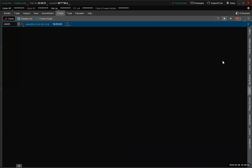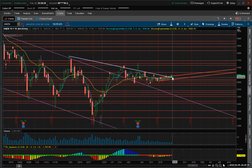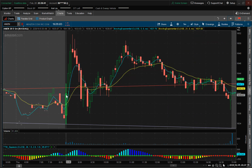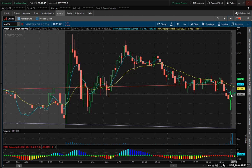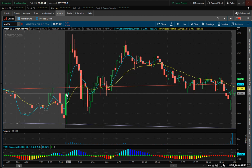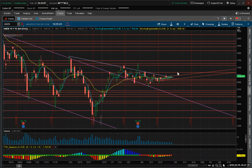So on the daily, I forgot to switch over this one. I send the chart. On the daily, you have it, it doesn't show up. All right, the close is 1639.79. So 10 cents lower than that opening 5-minute candle. Not that that would make it a bearish candle, maybe 10 cents. If you discounted that candle, you've got a, well, no, you can't do it. Never mind. I was thinking if that price was the open, but no, the open was down here. That was just a nice 5-minute move. Anyway, switching back over to the daily,